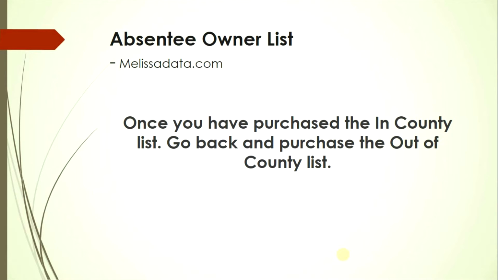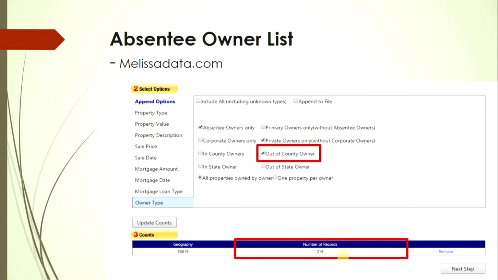And once you go ahead and purchase the in-county list like you just did, I want you to go back and purchase the out-of-county list. Go back and enter all of the same information in all of the tabs and click here. Instead of clicking in-county this time, select out-of-county so you can get both in-county and out-of-county. Do not make the mistake that I did by going to in-state owners and out-of-state owners, because one time I purchased each and every one of these lists when I first started,